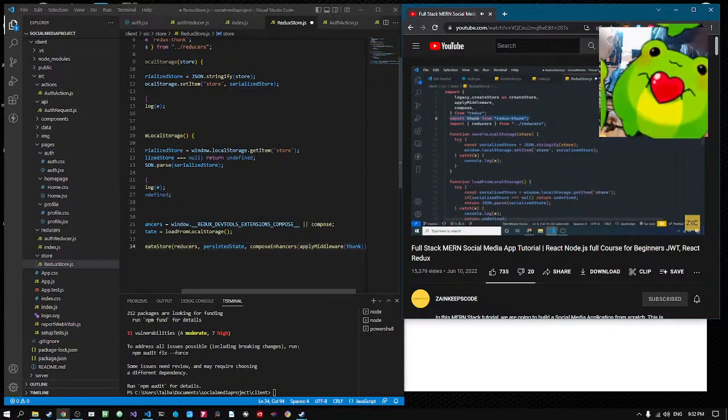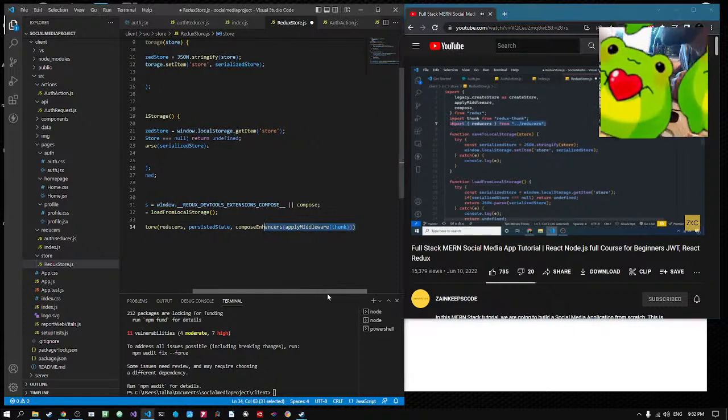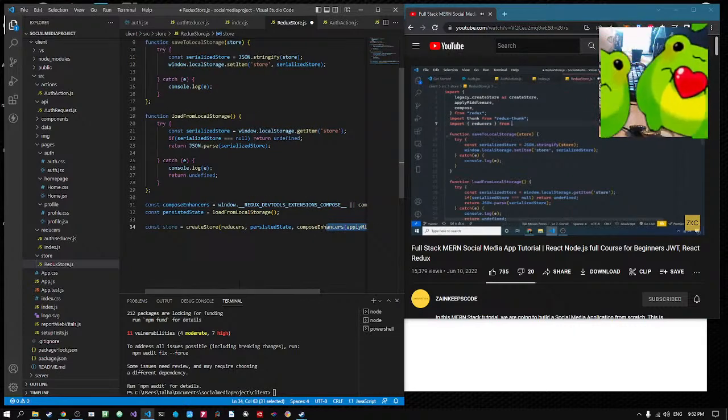Redux middleware for the asynchronous performance, and here all our reducers. Let me double check that it is in the